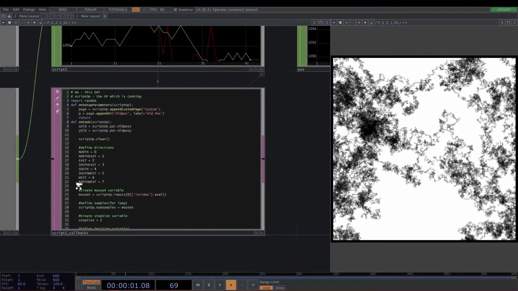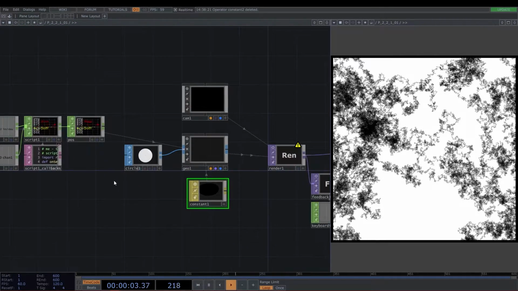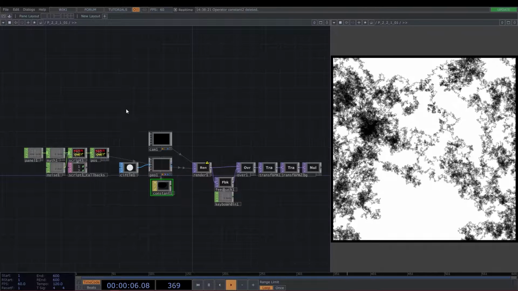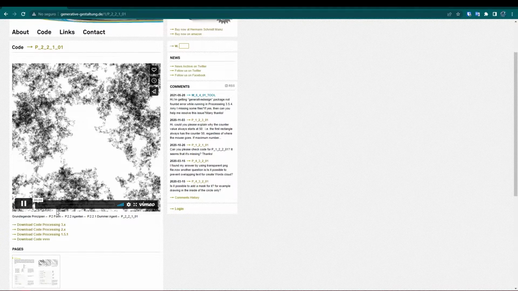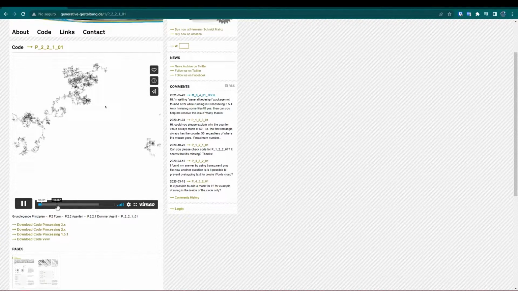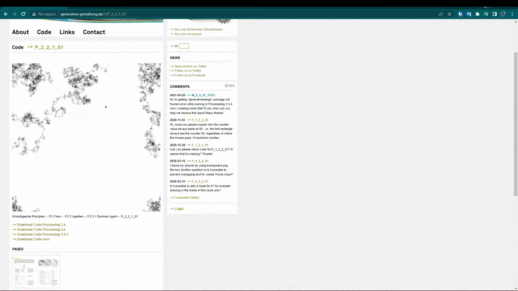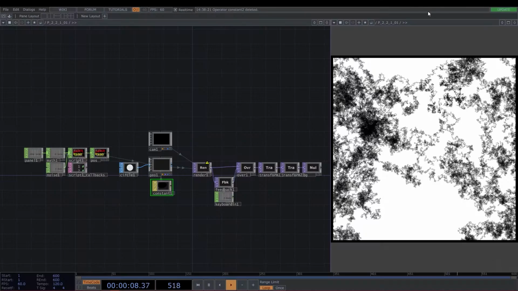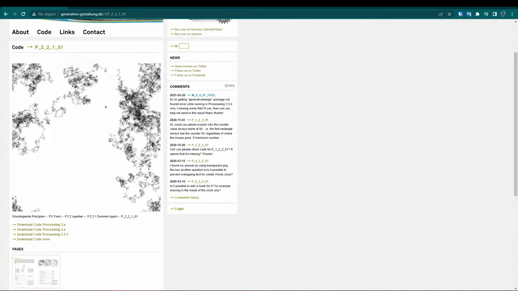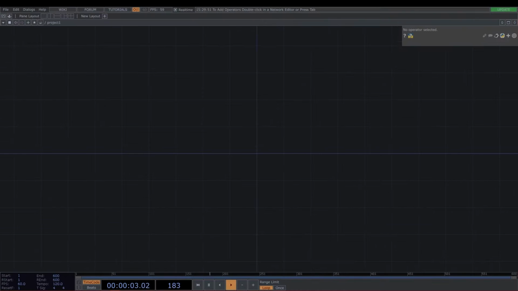So this will take us some time, but the result will be this one. You can see that it is the same as here. We are making the same thing. And yeah, I think that we can start. So I'm going to move this to this side, and we're going to use an empty network. First we're going to put all we need on the network, and after that we're going to focus on